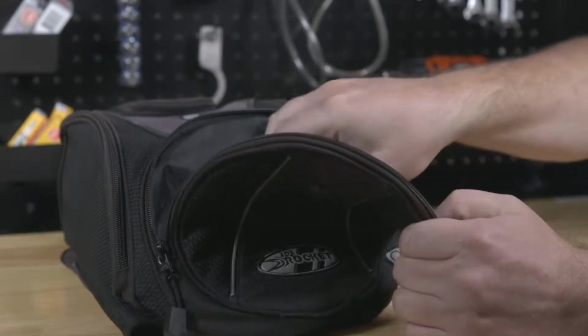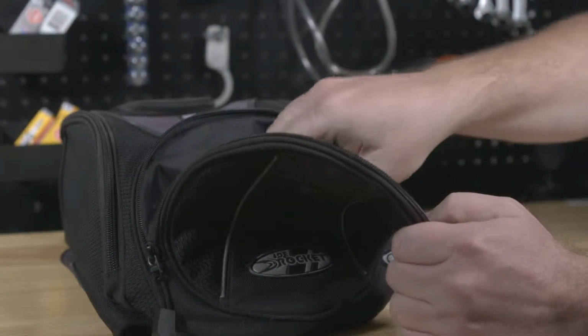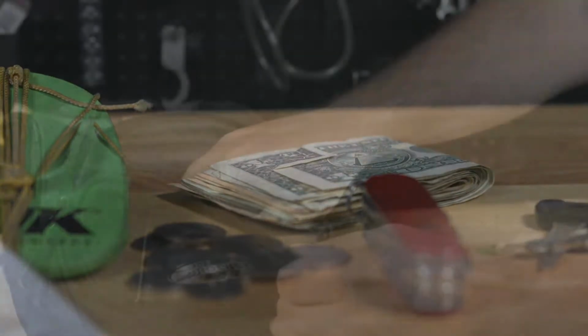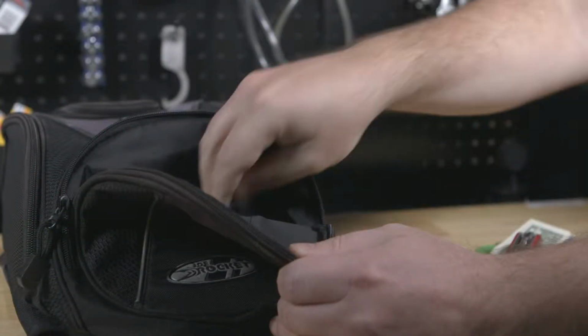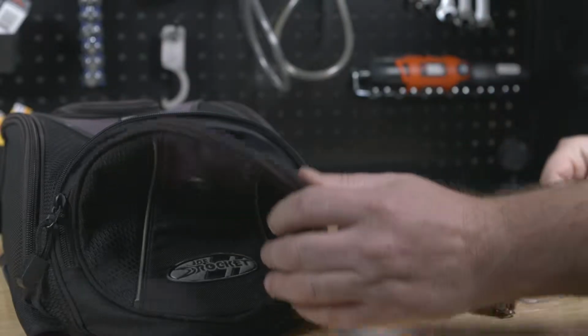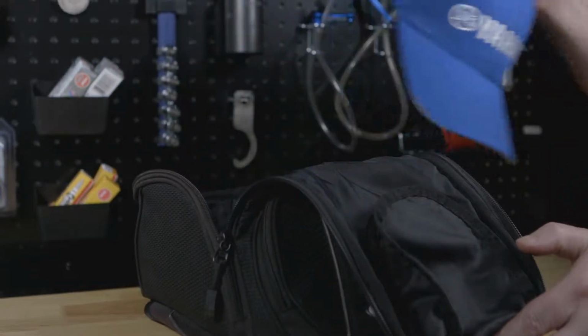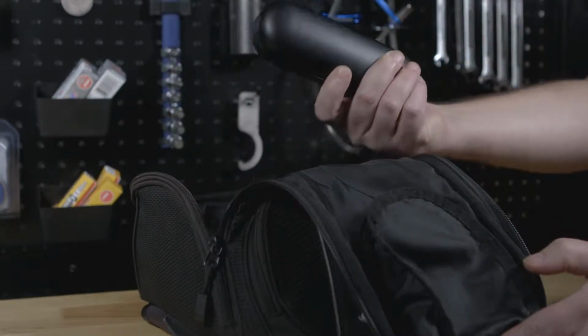In this large front pocket, I keep the bike's paperwork, a kickstand puck with string, spare cash and change for those surprise tolls in the middle of nowhere, a Swiss Army knife for quick repairs, and spare keys just in case. In the main compartment, there's a hat to camouflage that helmet hair, sunglasses,